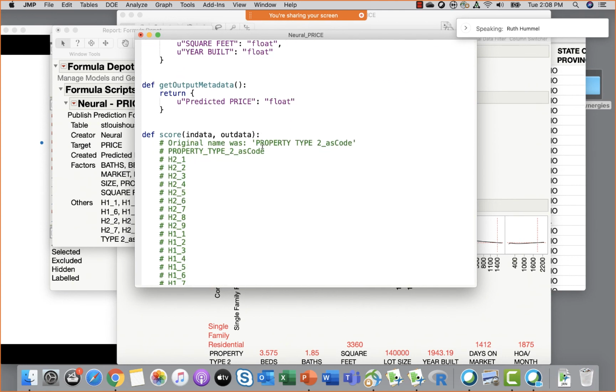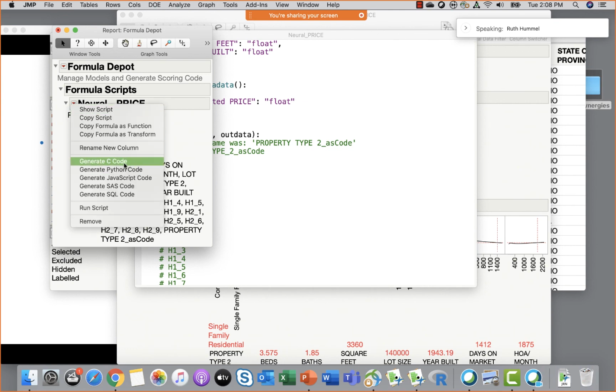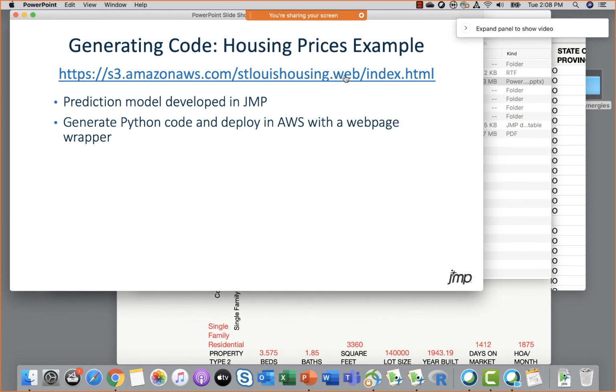So this is way number one that you can connect JMP with Python: just create a model, look for that keyword publish in JMP Pro, put that model into the Formula Depot by publishing it, and then use the little red triangles to generate Python code. So once I've built that model, then I can deploy it somewhere else. So this is deployed on Amazon Web Services. So if I go to this link,